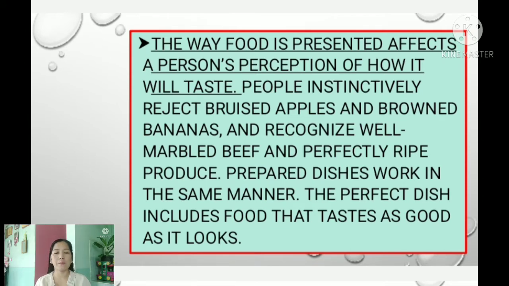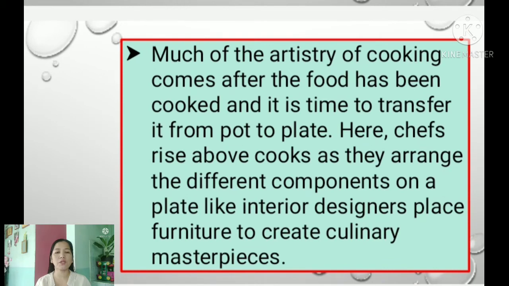So, the perfect dish includes food that tastes as good as it looks. Much of the artistry of cooking comes after the food has been cooked and it's time to transfer it from pot to plate. So, yung artistry ng pagkain magsisimula doon sa pagluluto. Sa pagluluto pa lang, and then, hanggang doon sa paghahain sa plate, ay makikita mo na talaga yung artistry ng